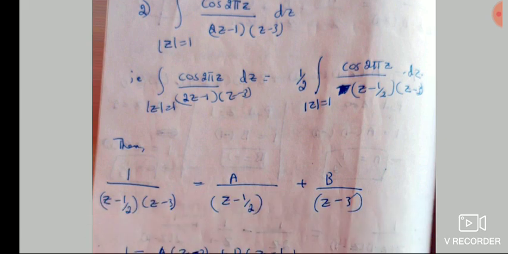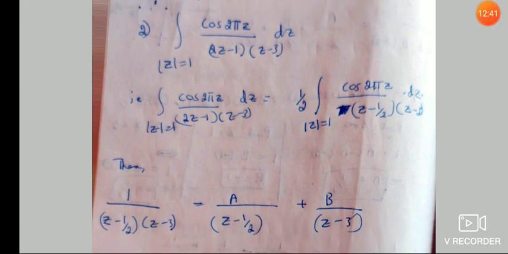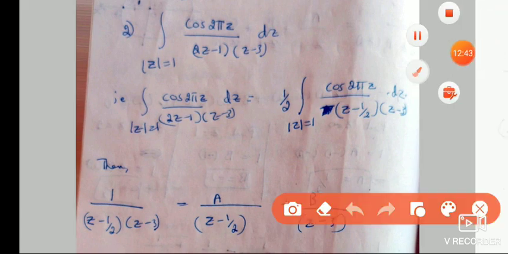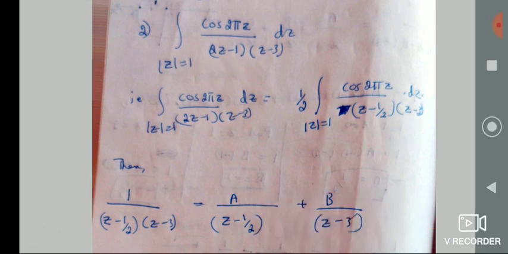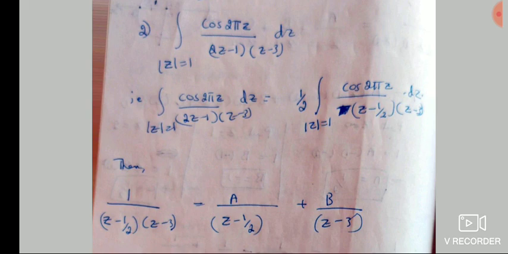So what will we do in the next step? We have taken 2 common out from this. When you take 2 common, there is no 2 here, right? So we'll divide it by 2. Okay, we have taken 2 common, then the rest all will be the same. Now whatever remaining, 1 by (z minus 1 by 2) into (z minus 3), we use